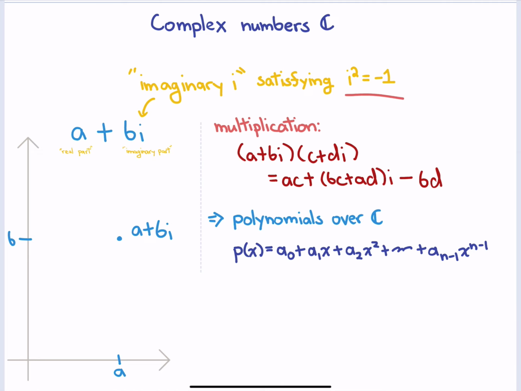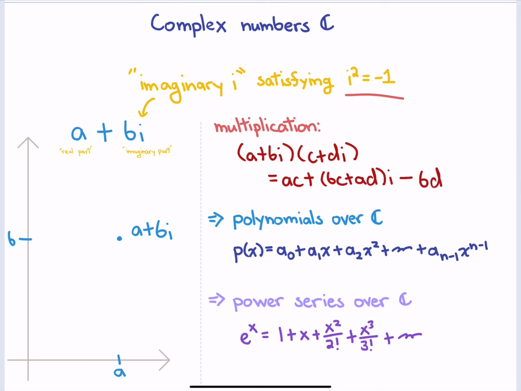That also means that if you have any funky function that can be represented as a polynomial, normally over the reals, you can extend that to a definition over the complex numbers by using this polynomial definition. So in particular, the exponential function, right? In other words, what is the exponential of a complex number? That might seem a little confusing to ask directly, but we know that we can write e to the x as a power series, right? So e to the x is equal to 1 plus x plus x squared over 2 factorial plus x cubed over 3